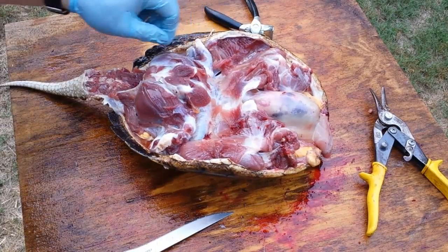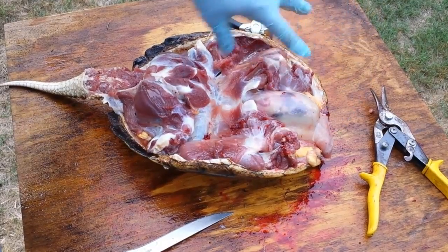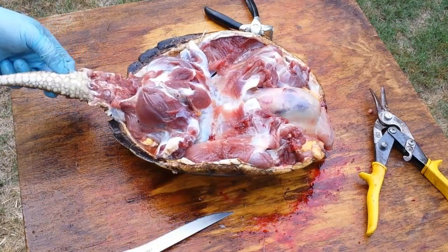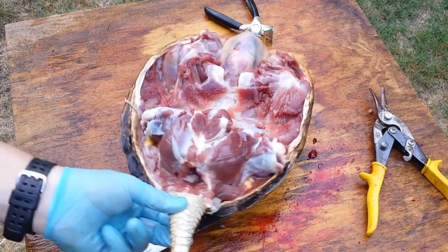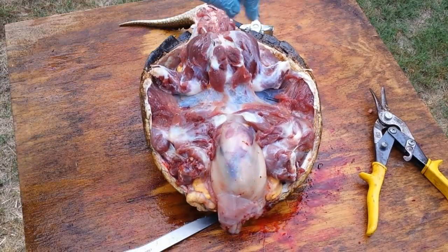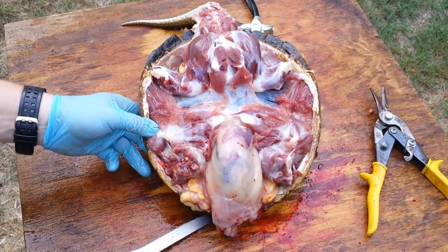Now at this point, we're going to take the neck, which is the white meat. We're going to take 2 front shoulders, 2 hind quarters, and on a turtle this size, there's really not a whole lot of meat there, so we're going to cut the tail off. And then the bottom, under the shell on the bottom, will be the back straps, and that'll complete the cleaning